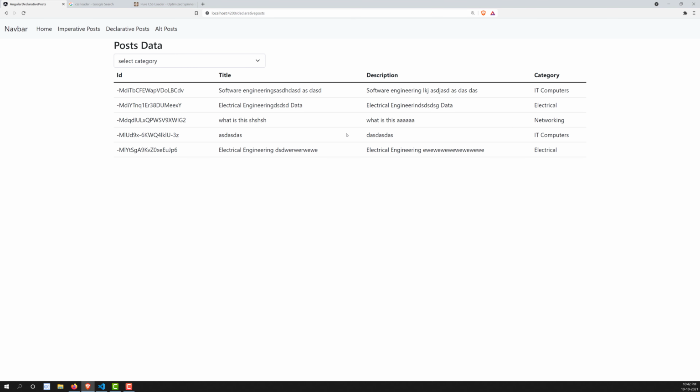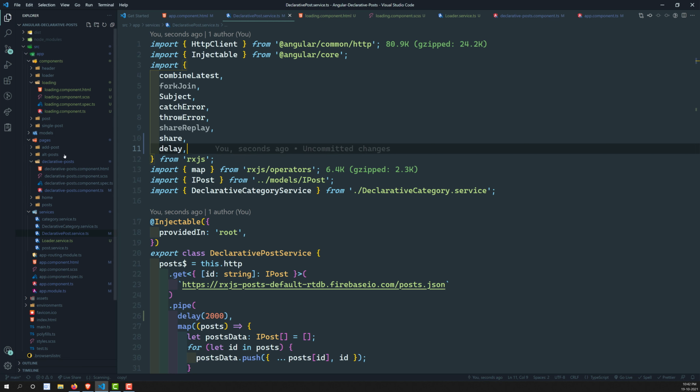So this is the way we can show the loader, and I can use this loader wherever I want. I can go to another one, the alternate products UI, and there also I can import the loader service and show the loading, the same thing. Since it is loaded in the app.component.html, you can get it everywhere. So this is how we can add the loading symbol. Hope you understood how to add this loading symbol.